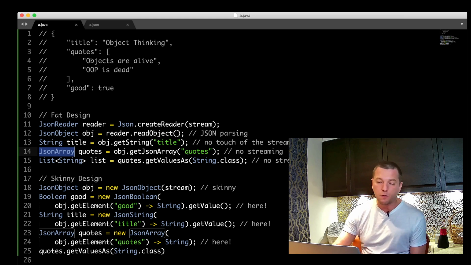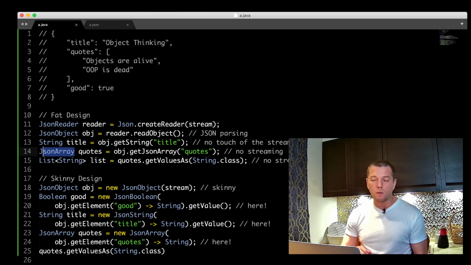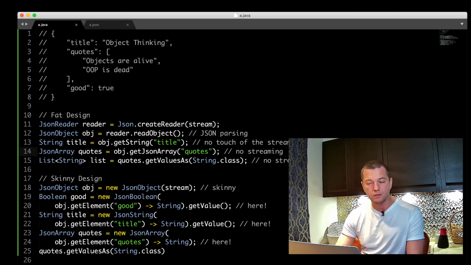So the information about the actual source of the data is lost here. The JSON array will probably never be able to tell you if there is some parsing error in the stream.